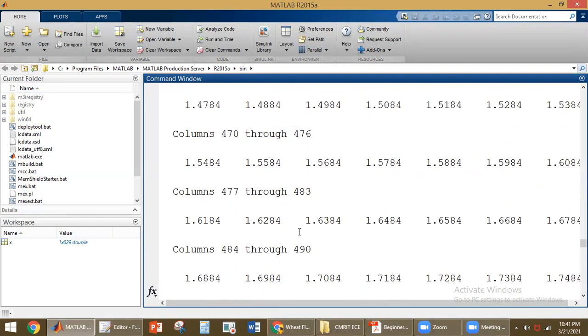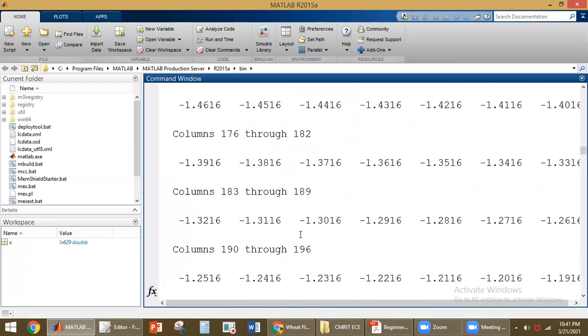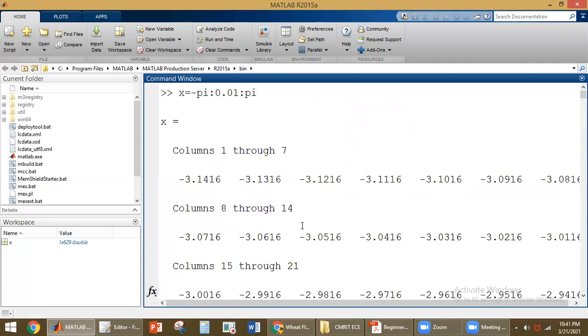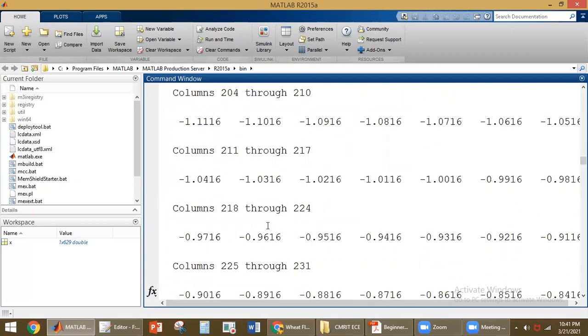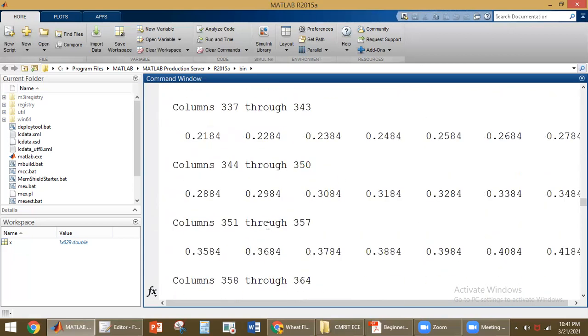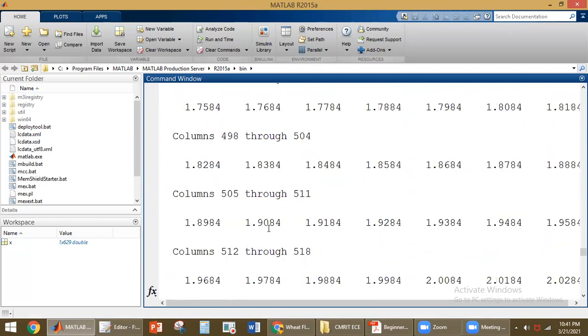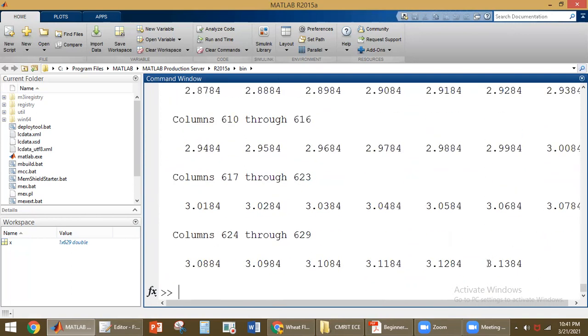What is the pi value? It starts from minus 3.1416 and ends at plus 3.1416, with a step size of 0.01. You can see here how many elements we have. We have a total of 629 elements here.